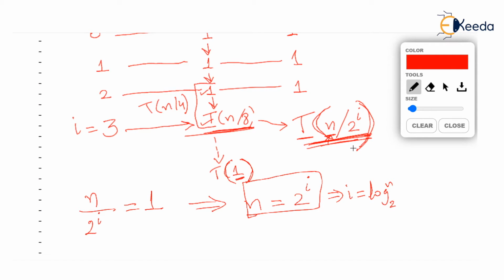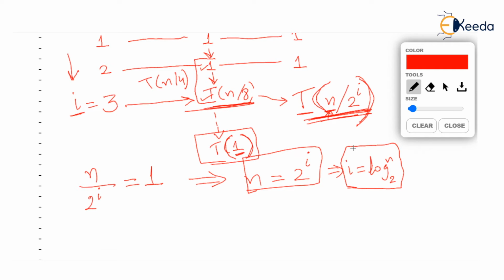What that means is, I is the level number. You watch, I here is the level number. That means when this level, 4, 5, 6, 7, 8, 9, whatever, this level number I will become log n to the base 2, then we will get T1. In short, I can also say that the number of levels in this tree, I mean till we reach the leaf, that is T1, is equal to log of n to the base 2.